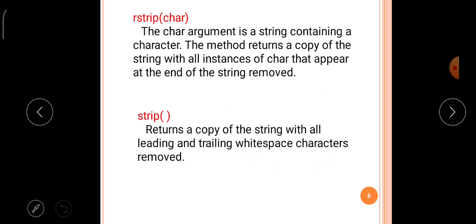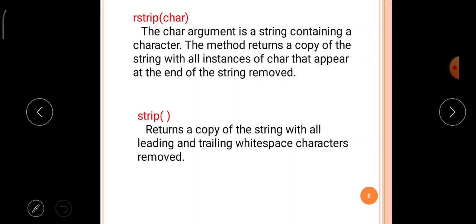The method returns a copy of the string with all instances of char that appear at the end of the string removed. That means the char argument is a string containing a character. So the method returns a copy of the string with all instances of char at the end removed.